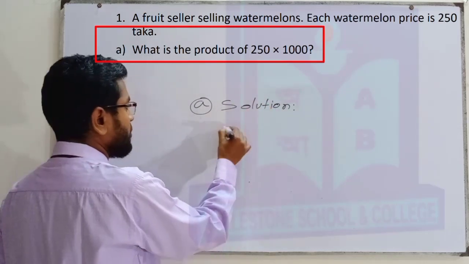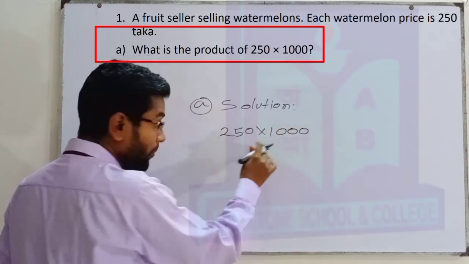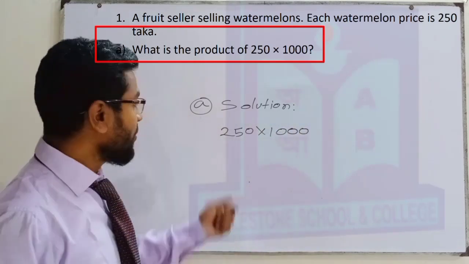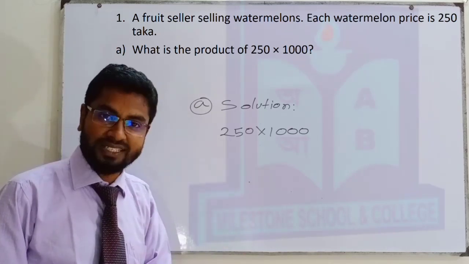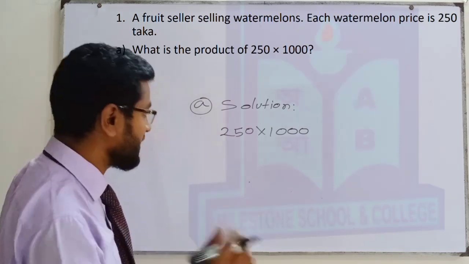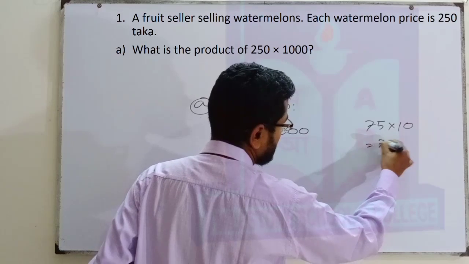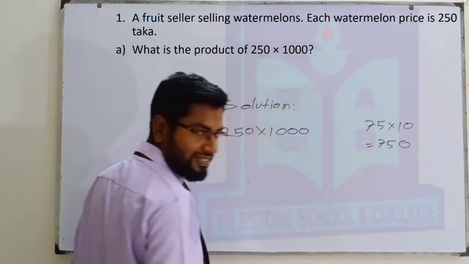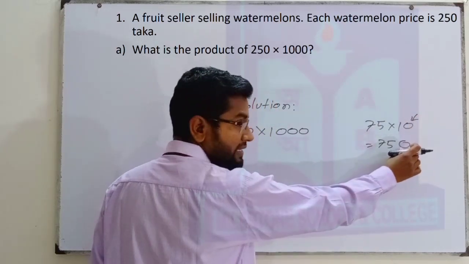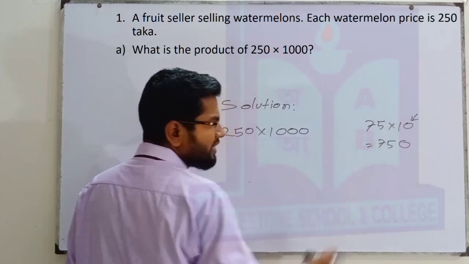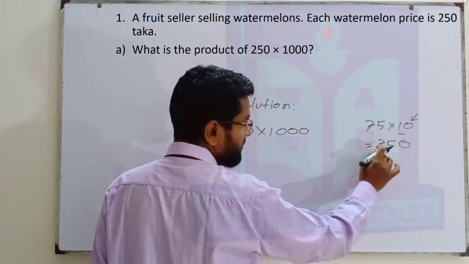Then you will write 250 multiply 1000. Oh my God, it is very easy one. Already we have learned how to multiply this type of things. Will I show you that one? Again, look, if there is 75 multiply 10, we will write 75 first and 0. How we will multiply? Actually 0 we will put at last digit. Now 1, if anything we multiply with 1, same number will come. 1 multiply 75, it's 75.